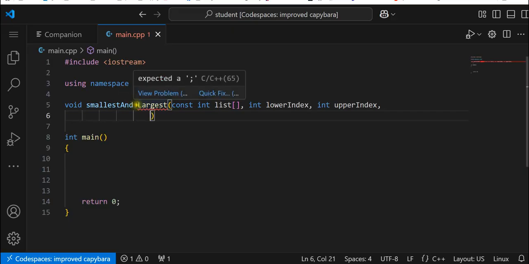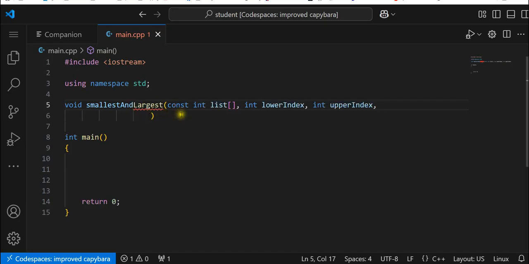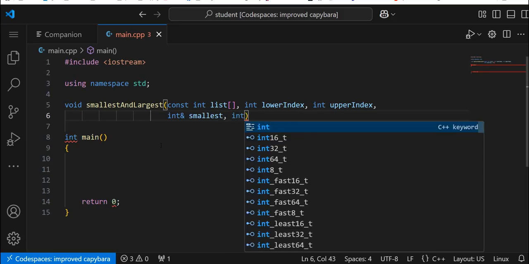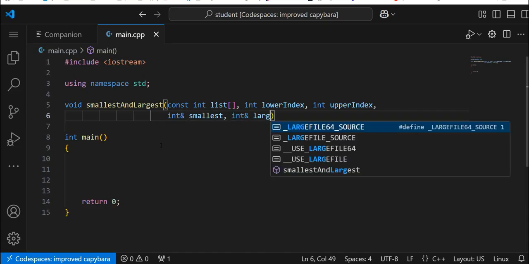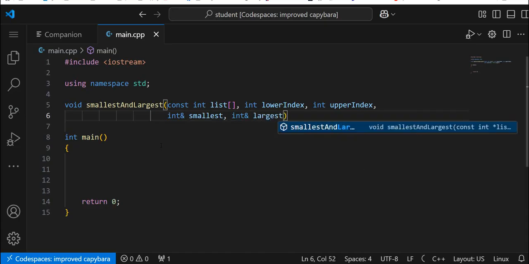Why did that? Should be camel case together. There we go. And then we'll do integer, ampersand, smallest. And then we'll do integer, ampersand, largest. Semicolon there, and